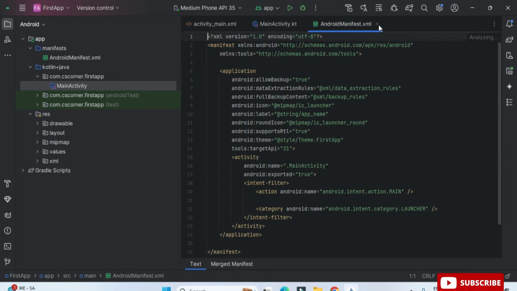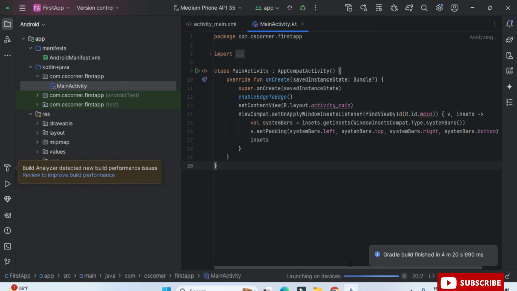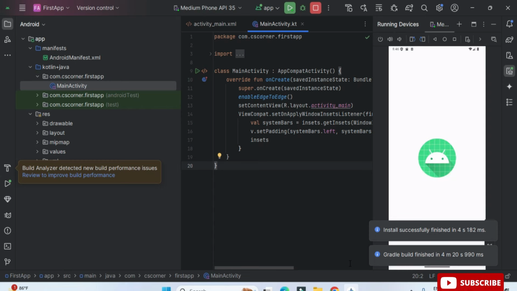Here I am clicking on the play button and you can see my APK has been installed. Here it's showing me this message, which means your APK has been installed on this Android virtual device, and you can see I'm getting my output. Hello World was there, and that output I'm getting on this Android virtual device. This way you can create any type of application using Android Studio, and run it on this AVD or on an actual phone.